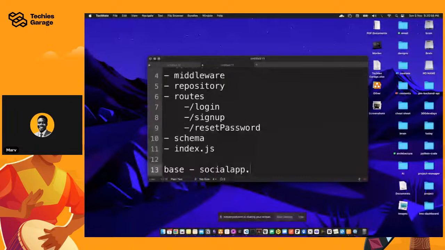User service is the URL. To drop it a bit, and